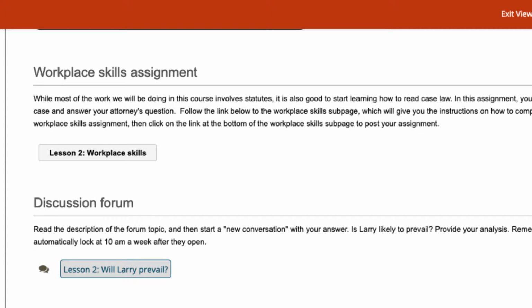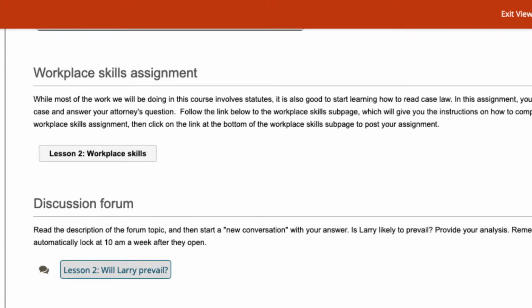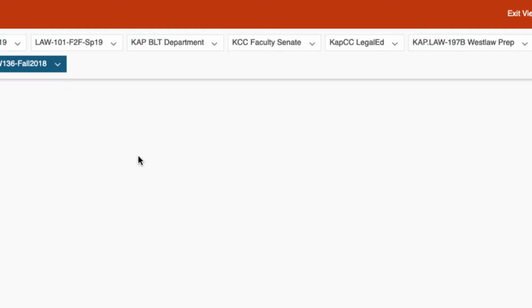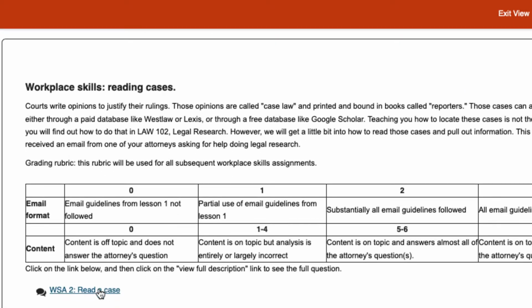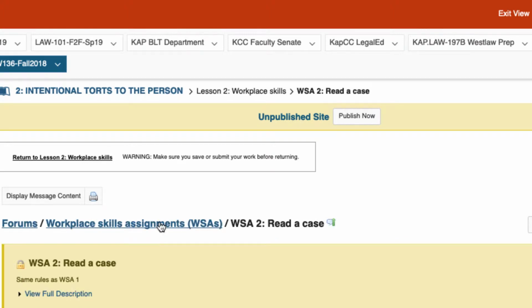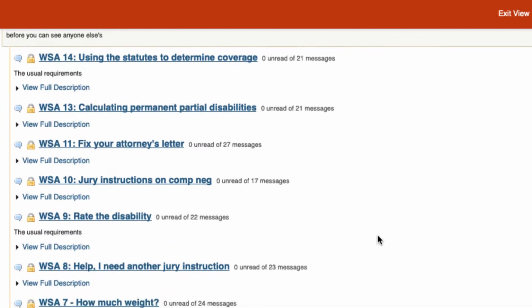The biggest difference between Law 136 and Law 101, because I know many of you have taken Law 101, is that there is a textbook, so you have to build in the weekly readings. The interactive lesson is not the storyline, but it's something called Kali. And instead of 4 big assignments, there is a mini assignment for each lesson to help you put into practice what you've learned, and you'll be able to see your classmates' assignments.